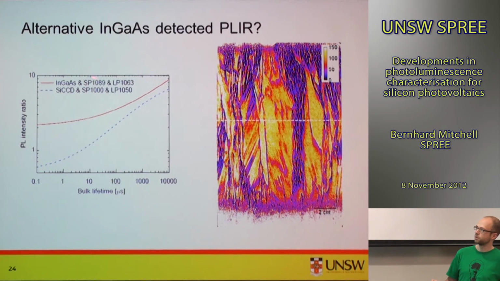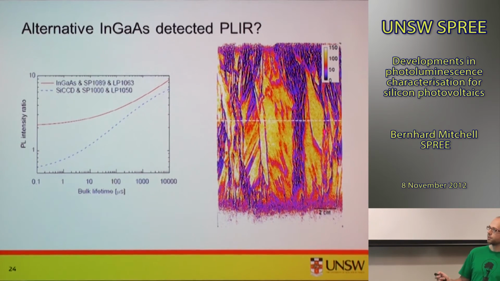use a short pass filter with much longer wavelengths. That was because the InGaAs camera is much less sensitive, so I needed to increase the signal of the short pass image. But that means that we can't really measure low lifetimes very well, because the gradient of the transfer function reduces dramatically. Nonetheless, we can measure high lifetimes well. Above 100 microseconds, we have a good gradient of the transfer function, and the image result we can achieve